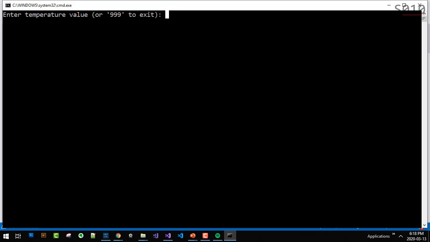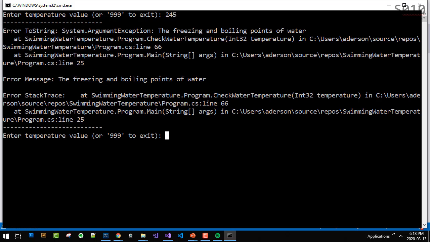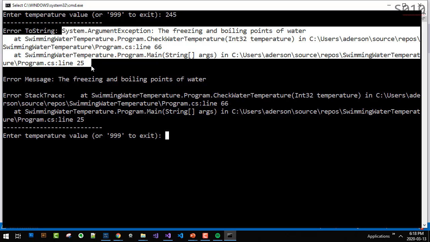Let's go for the exception. Look, we have the error ToString. It has this whole thing. Error message has just one line of message, just this line. And then stack trace has this final part. So in a way, ToString is the more complete one. It shows the message and it shows the stack. Error message only shows a simple, usually user-friendly message. It's just one single line. And stack trace only shows